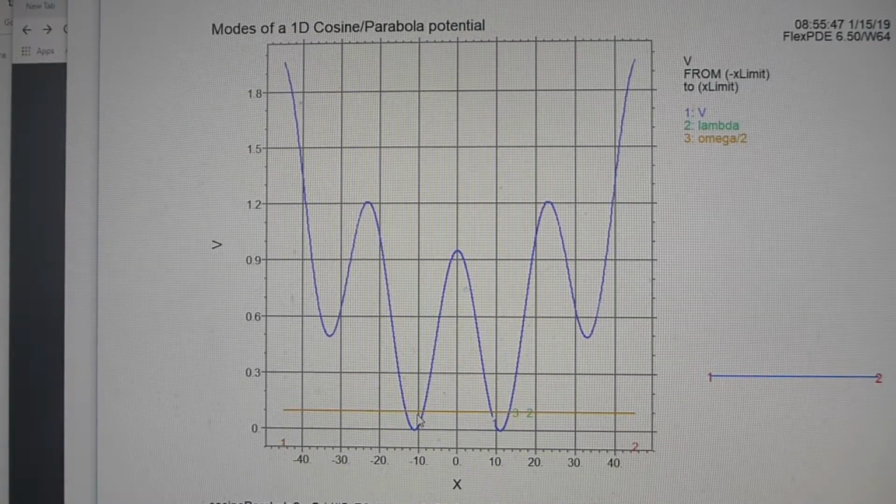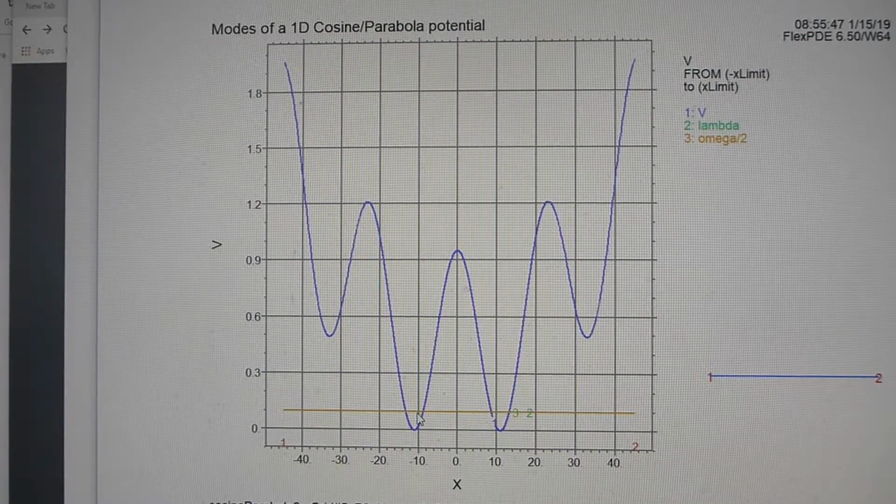Now, any potential well, if you look at it close enough, if it's smooth, can be modeled as a parabola for a significant distance from its center. So here's a potential well on the left, and another one up here at a higher level on the left, as well as two on the right. Now, when you model the potential well as a parabola, you can calculate the modes directly for each of the